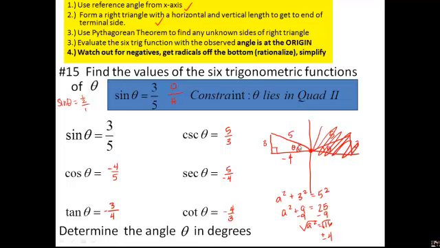So now what I want to find is what is that angle. Since we're not on the unit circle, this is where we are going to have to use our calculators. So we have sine of theta is equal to 3/5. Well, remember, I want to get this theta by itself. How do I get rid of sine? Well, let's inverse it. Sine inverse of sine, they cancel each other out, just as multiplication and division do. So sine inverse of 3/5, when we do that on our calculators, what we are going to get is approximately